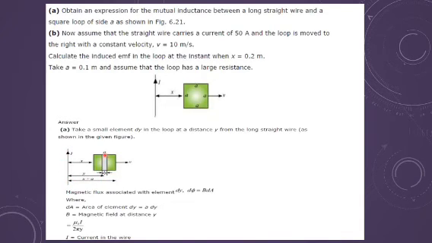This lightened area portion is termed the small element dy. Now we have to find the magnetic flux linked with the small element, and then we will integrate. If I assume this distance is x, then because a length is further added, the distance to the extreme side of the square will become x plus a. So we have to integrate the flux within the limits x to x plus a. This is the concept we are using.